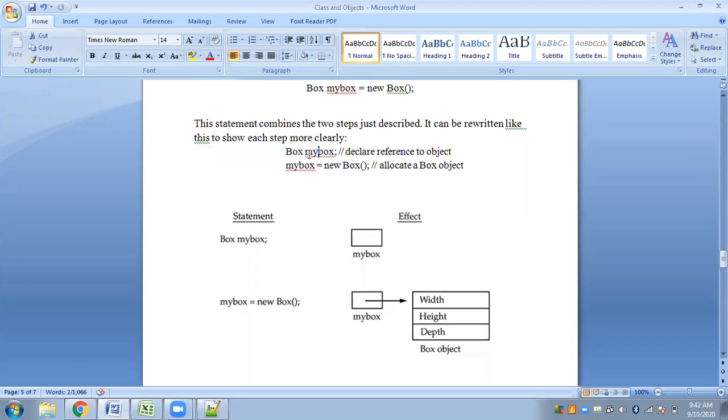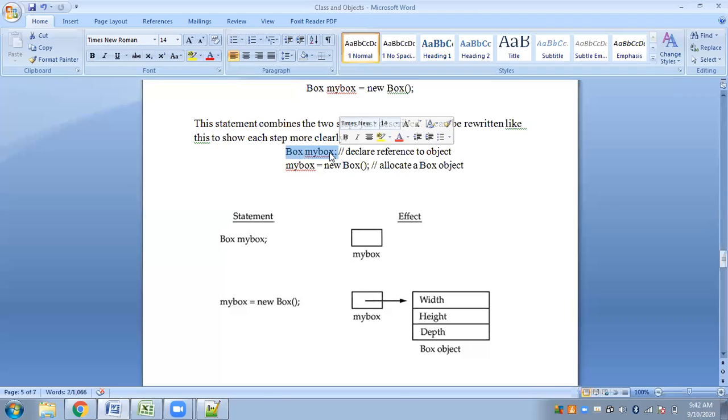So here, for this particular statement, myBox is not an object now. myBox is simply a variable. Declare reference to object. So this is not an object, this is simply a variable of type Box. Box is a class, and myBox is simply a variable.